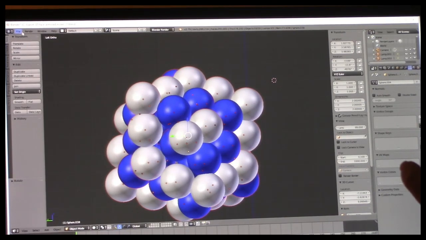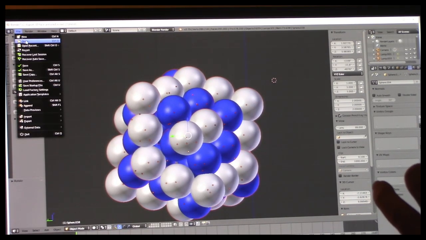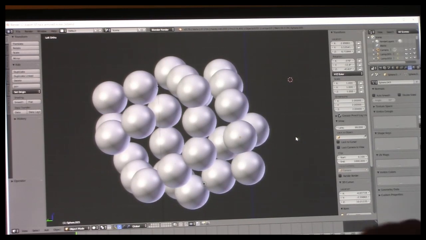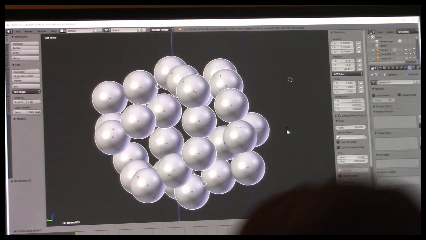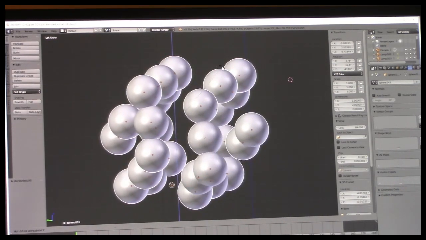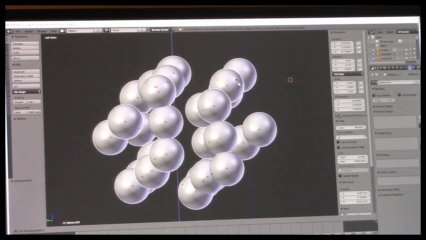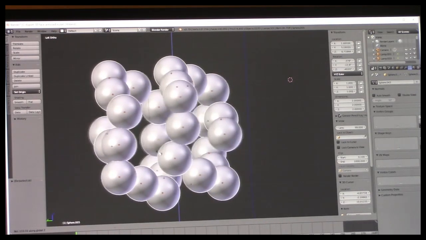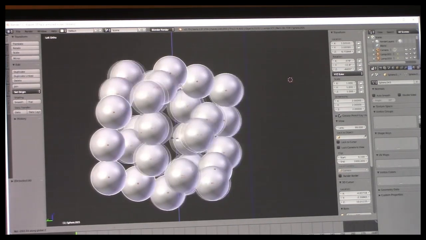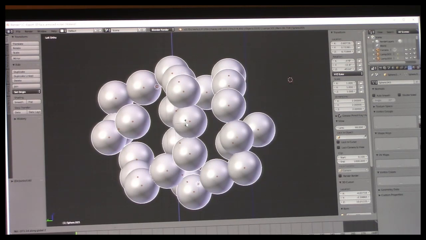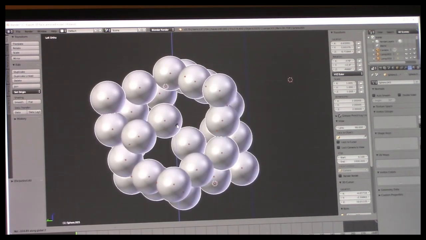So we can also take away all of the neutrons, and then I can show you just the protons. And then I could just select all of them and rotate them around the z-axis here. And you can see there's the two loops of protons are coaxial, and the four more for nickel there are shown. So this forms something which I'm going to be discussing, in which these